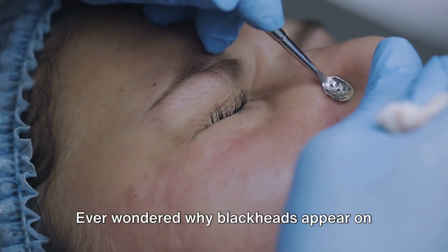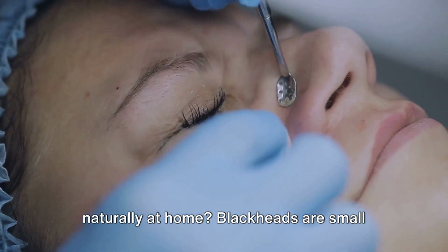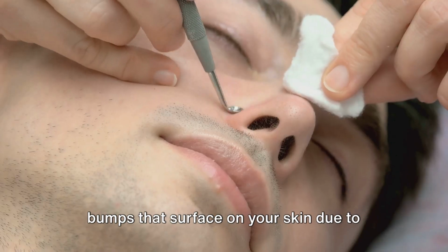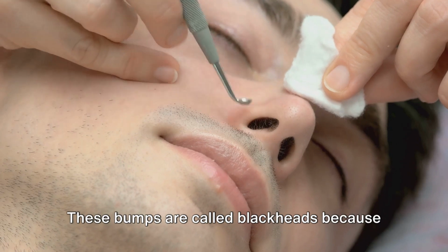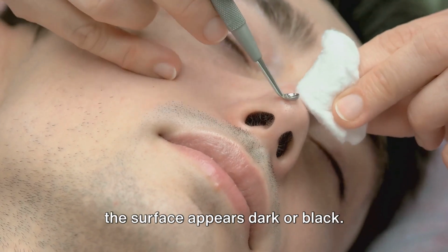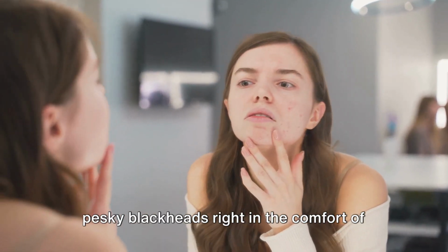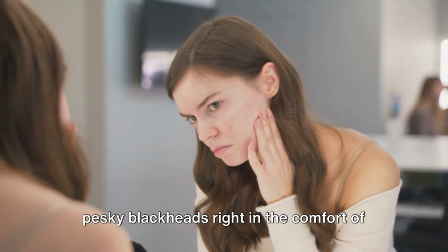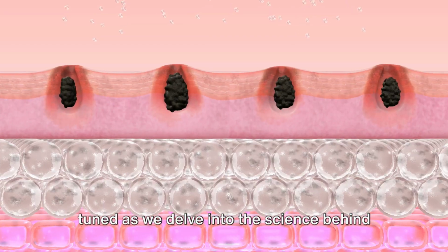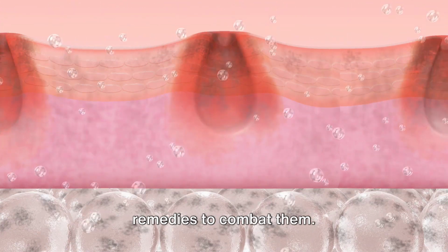Ever wondered why blackheads appear on your skin and how to get rid of them naturally at home? Blackheads are small bumps that surface on your skin due to clogged hair follicles. These bumps are called blackheads because the surface appears dark or black. Now, wouldn't it be great to tackle these pesky blackheads right in the comfort of your own home? Well, you're in luck. Stay tuned as we delve into the science behind blackheads and reveal natural home remedies to